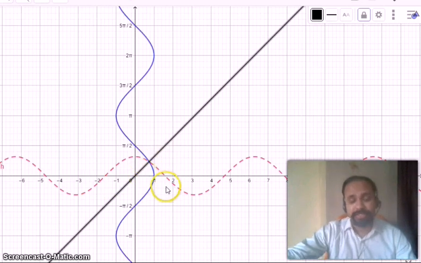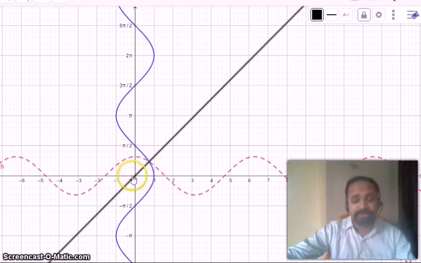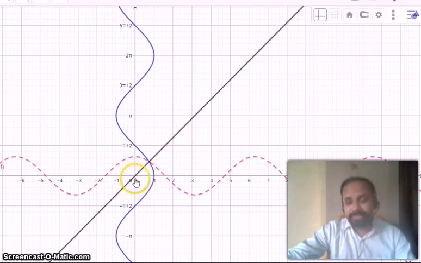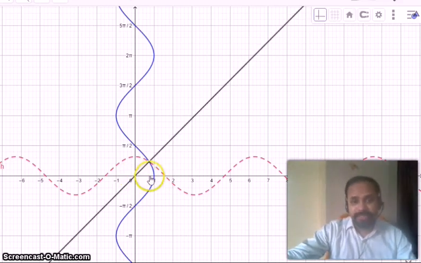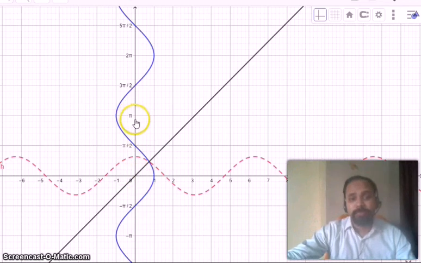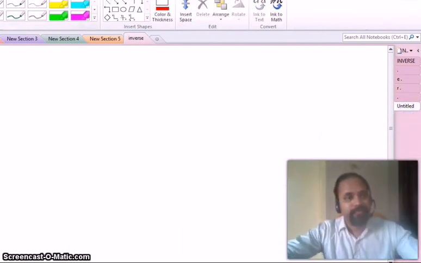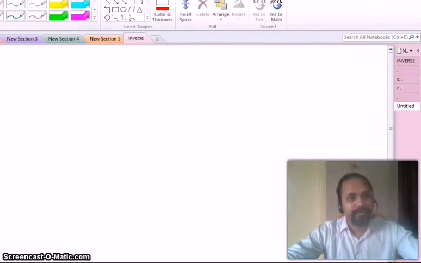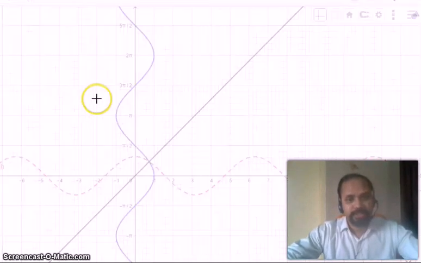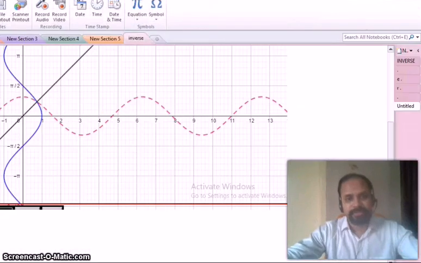That is, the blue line represents the inverse of this graph. And how can we find the range of this one? Again, we also have to restrict the domain of cos x. So how can we restrict? We see first, from 0 to pi, this function is one-one onto. Again, from pi to 2 pi, this is one-one onto. Let's see this one. If we crop that graph, this one.